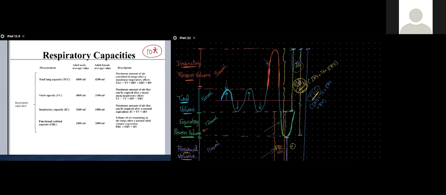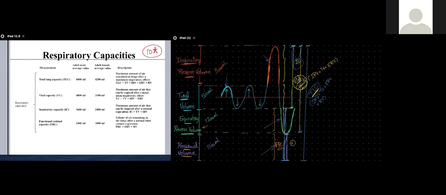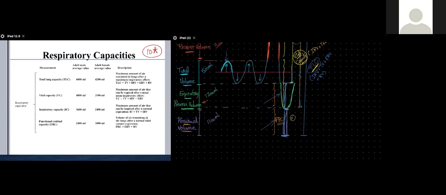Functional residual capacity is going to be expiratory reserve volume and the residual volume. So if you see on here, identifying the different lung volumes and capacities on the diagram is going to be highly important. Also, to be able to calculate any of them